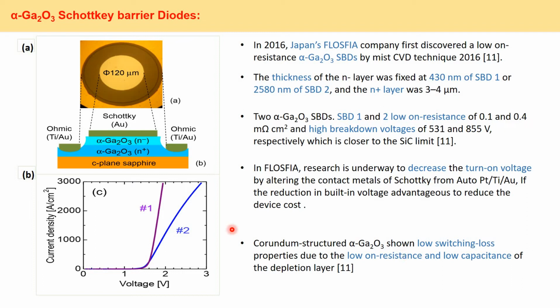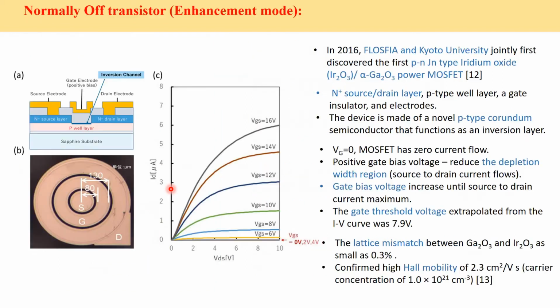So the main quality, or attributes, of these Schottky barrier diodes is low switching loss, and due to this low switching loss, having low resistance and low capacitance in the depletion layer. So now I am just coming to another section,